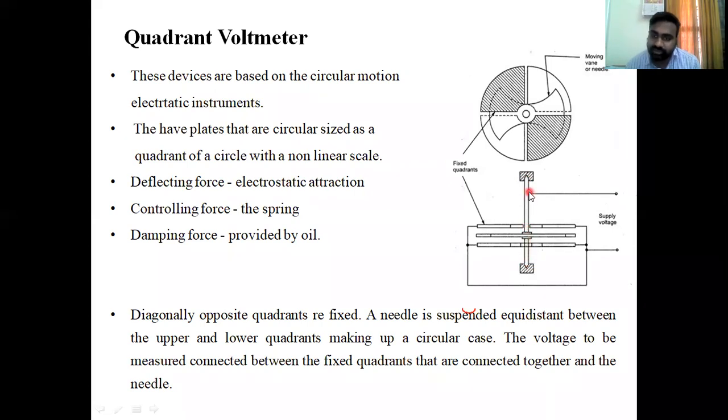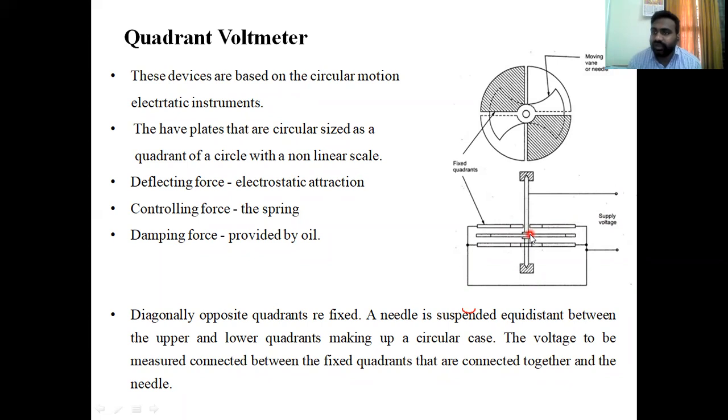So the spindle is nothing but the vertical conductor which is placed in between two fixed plates. This is a fixed plate. This is a fixed plate. And we connected the needle on that. We connected the movable plate in between two fixed plates, and the supply polarity is given. What will happen? The fixed plate will be ionized with one charge. The movable plate will be ionized with the other charge.